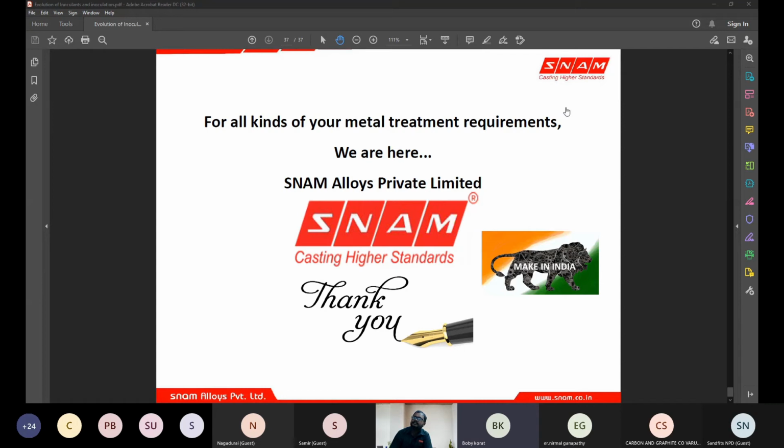Sir, can we use silicon carbide as an addition instead of carbon and silicon? Yes, sir. That is a common practice in the foundry, sir. People try to replace ferrosilicon and carburizer with silicon carbide. Yes, there is a possibility. You can conduct some trials, and then you can definitely use silicon carbide as a replacement of ferrosilicon or graphite, sir, or carburizer.